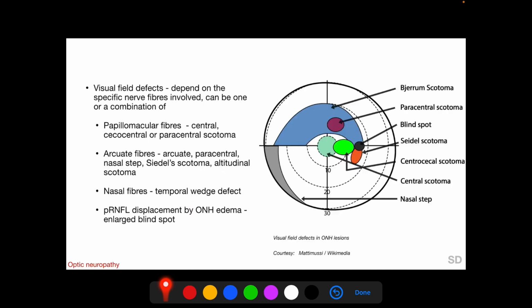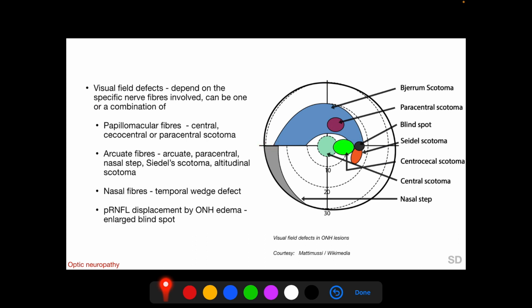or pale. Visual field defects arising from prechiasmal lesions can be varied, and they depend on the specific nerve fibers which are involved in a particular situation. So the defects can be one or a combination of any of the following. If the papillomacular bundle is involved, we can have a central scotoma, a cecocentral scotoma, or even a paracentral scotoma near the fixation. If the arcuate fibers are involved, we can have an arcuate scotoma, a paracentral scotoma, a nasal